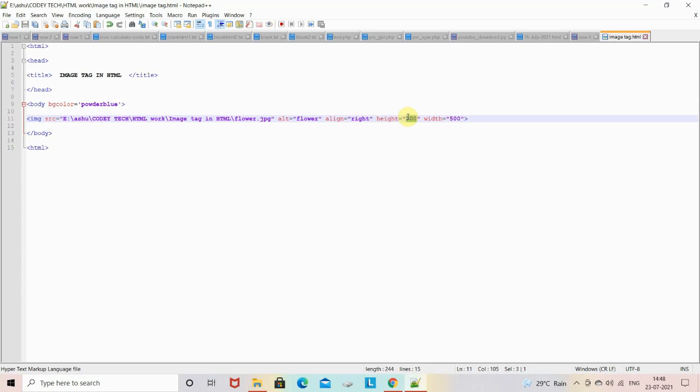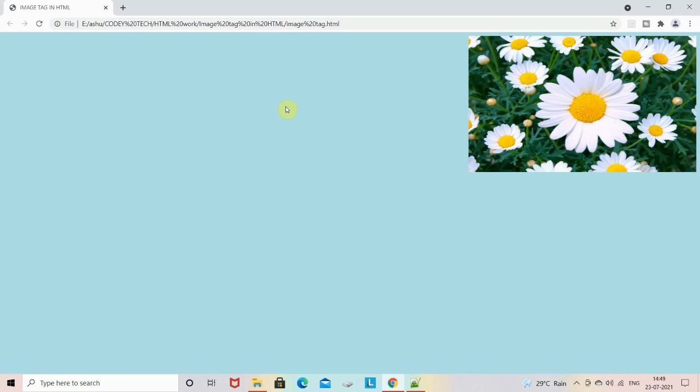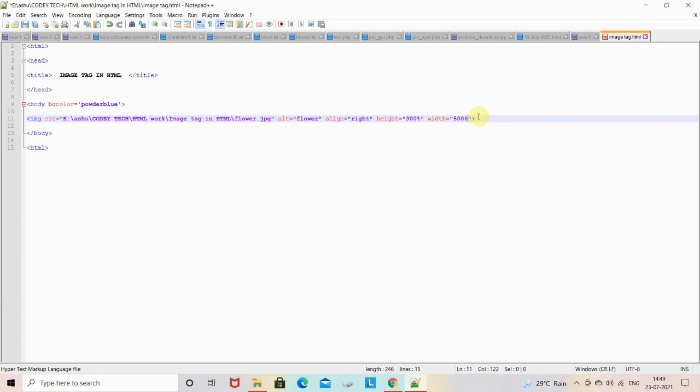The value I have inserted is in the form of pixels. You can either insert your value in the form of pixels or as a percentage, like this, 300% and 500%. Actually there is no difference between percent and pixel. It is your choice what you will write.